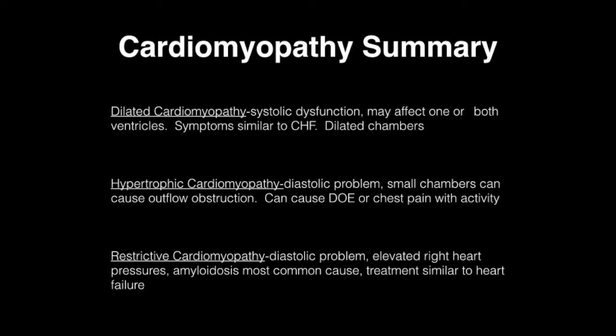But the thing to remember, hypertrophic cardiomyopathy has a systolic murmur associated with it. It can present as dystonia, exertional, and chest pain with activity. Remember, this is the one where we have the thickened interventricular septum, causing outflow obstruction. Restrictive cardiomyopathy is a diastolic problem, small chambers, elevated right heart pressures. Amyloidosis is the most common cause, and treatment is similar to heart failure. Only in this one we're going to focus on